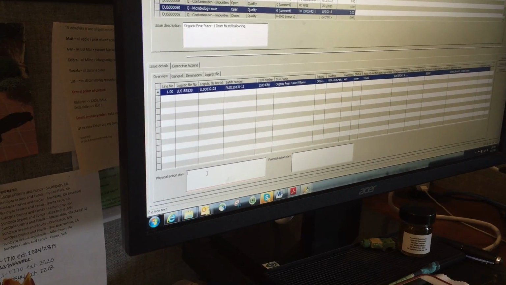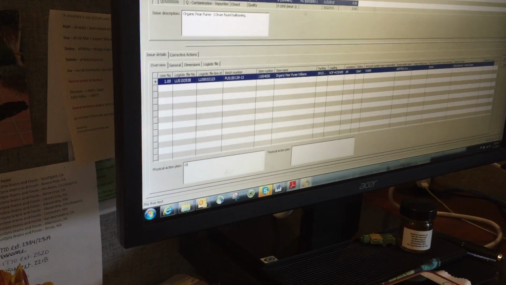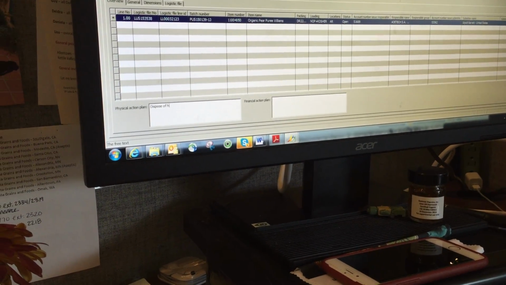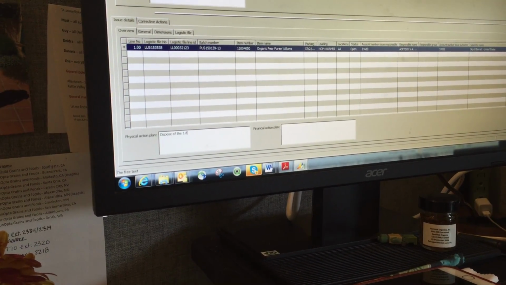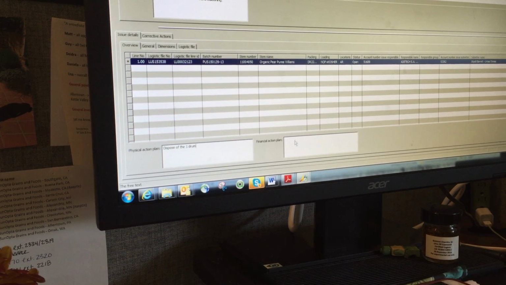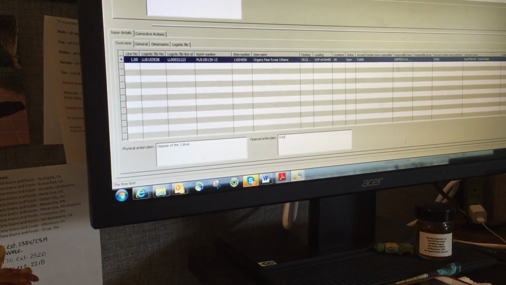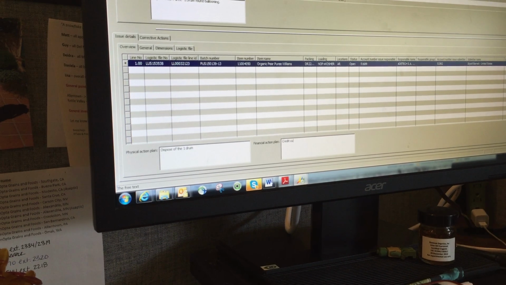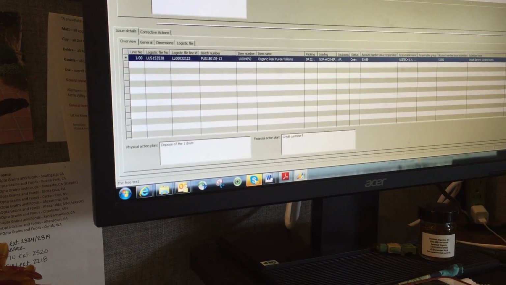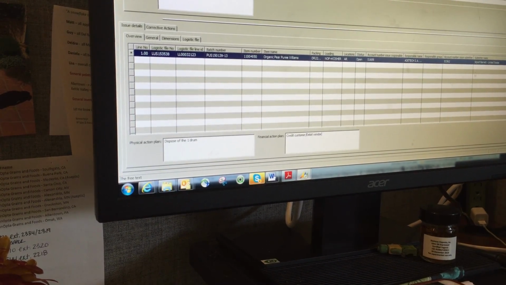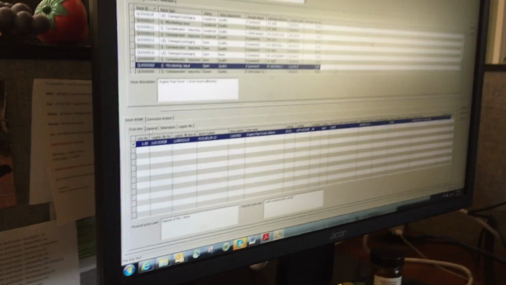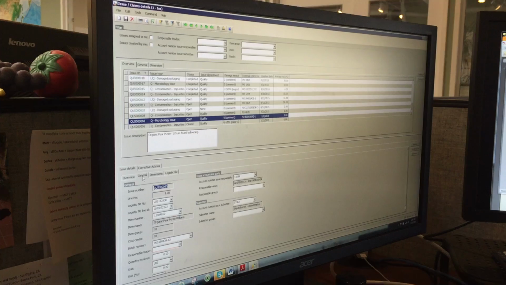Okay. Next would be to fill in the physical action plan. So what physically would happen is dispose of the 1 drum, and then the financial part would be to credit customer, debit vendor. Next, we want to go over to the function. Actually, we want to click on the General tab and fill out